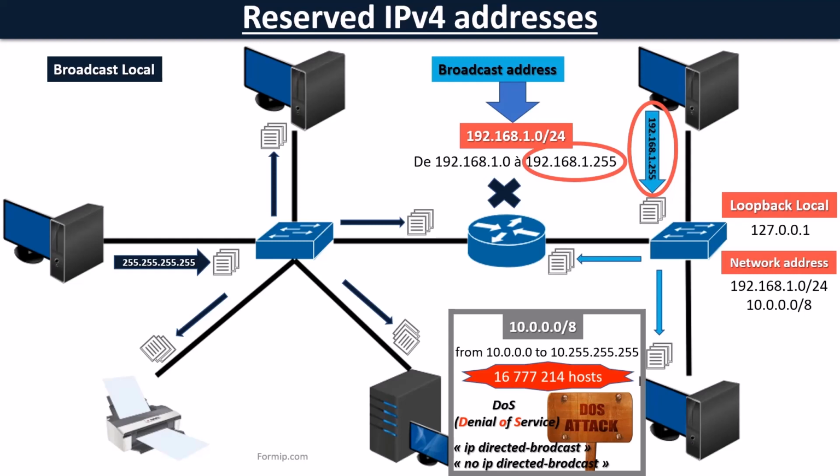A network address allows the router to forward an IP packet over the appropriate network based on its routing table. And the address 0.0.0.0 is a non-routable address used to designate an invalid, unknown, or unreachable destination. In routing, it generally designates the default route. It can be seen as a road leading to the rest of the Internet. That is to say that any IP that is not part of its own network will be sent to the Internet.